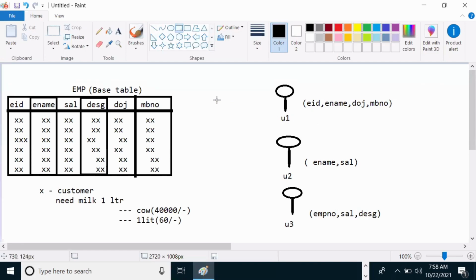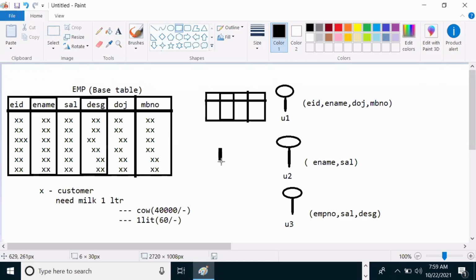For the first user, whatever he wanted, he creates one view on those columns. Which columns did he want? First, the employee ID column, and the employee name column, and next. Okay, these are the 4 columns he wanted. Then he creates a view.